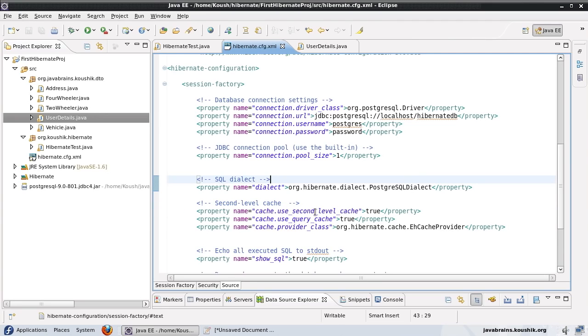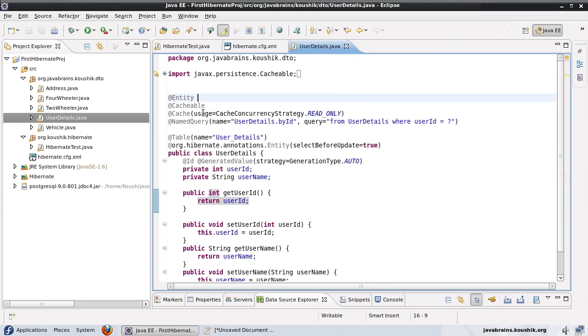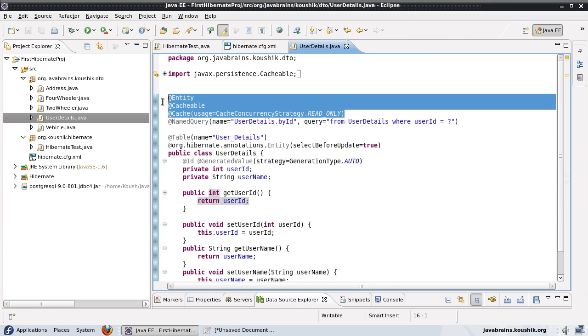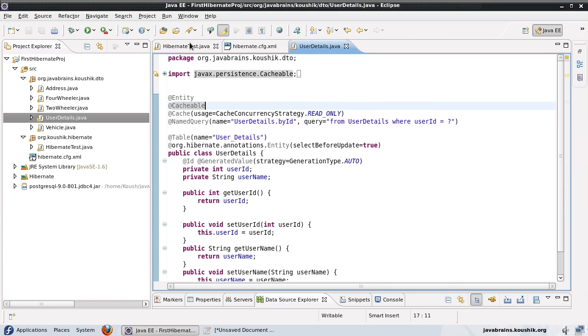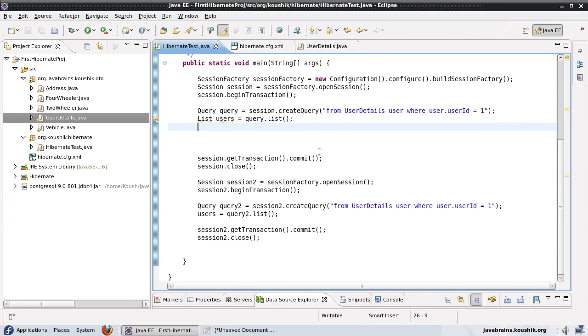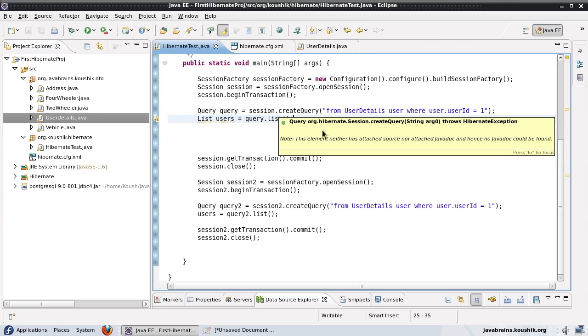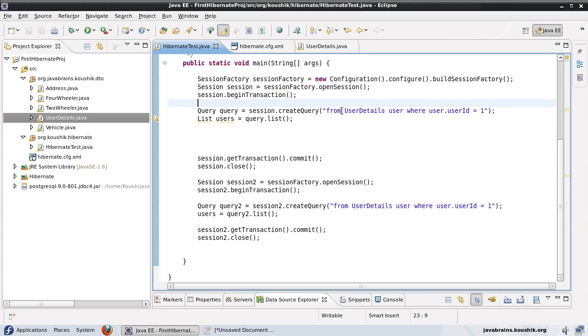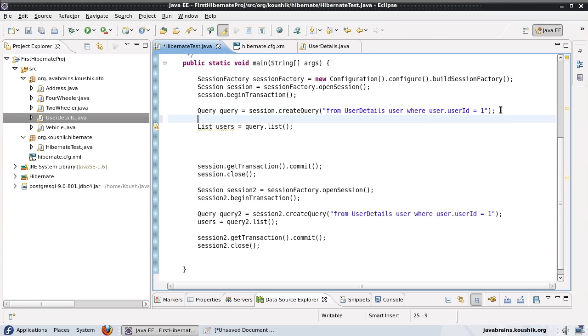Now, when we enabled the second level cache, what we also did was we went to the entity and we said, hey, make this entity cacheable. The same way for a query, we need to tell Hibernate, hey, make this query cacheable. Not all queries are cached by default, just like not all entities are cached by default in the second level cache. So in order to make a query cacheable, what we need to do is here after our session.createQuery, we need to say